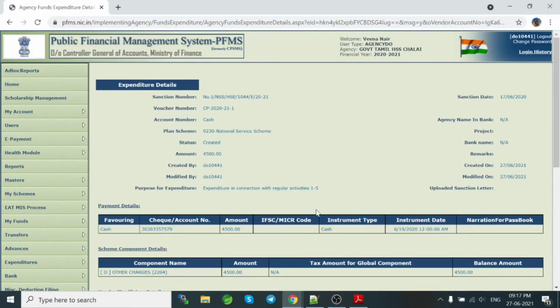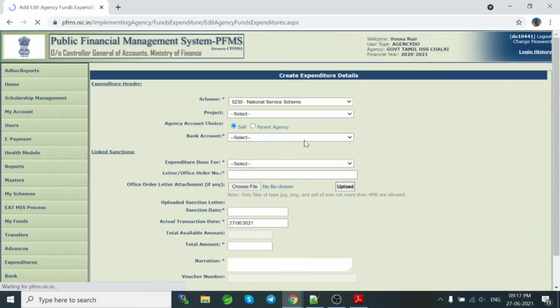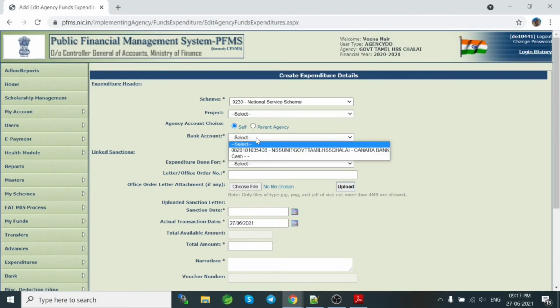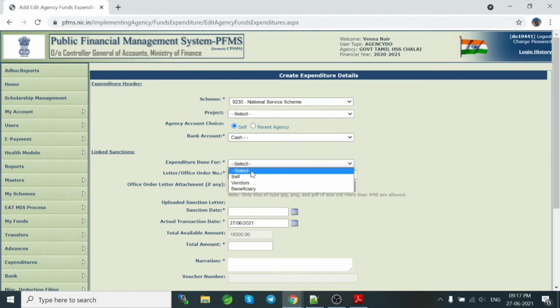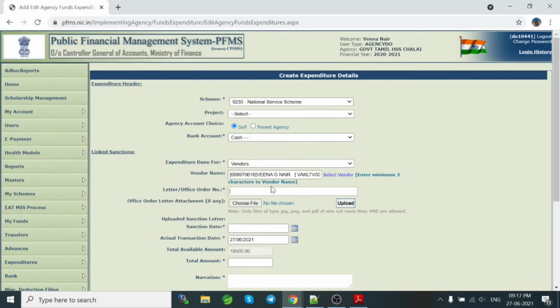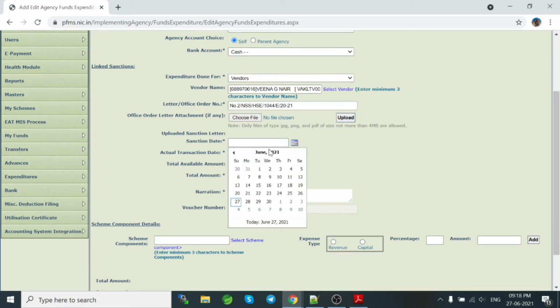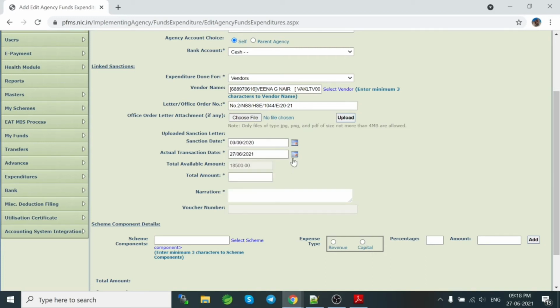Then again I'm selecting expenditures, add new, bank account as cash, vendors. I give the letter number here. I'm selecting a date in 2020 September. I'm giving 9 September.